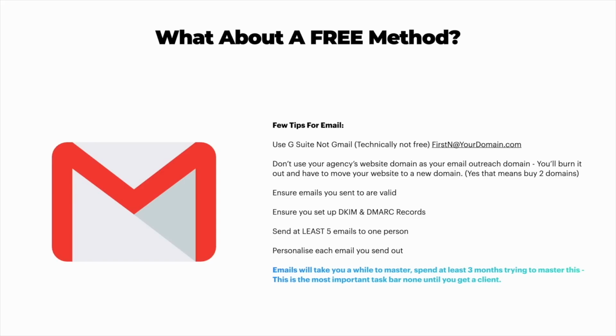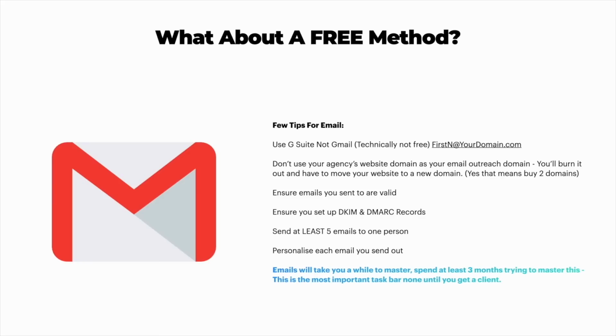Cold email is a very, very great tip, because everybody has an email. Think about it. If you're going to do Facebook outreach, in order to even sign up to Facebook, you need an email address. If you want to sign up to LinkedIn, you have to create an email address first. So everybody has an email address. People say that email's dead. Even I was like, cold emails don't work at one point, but trust me, cold emails do work.